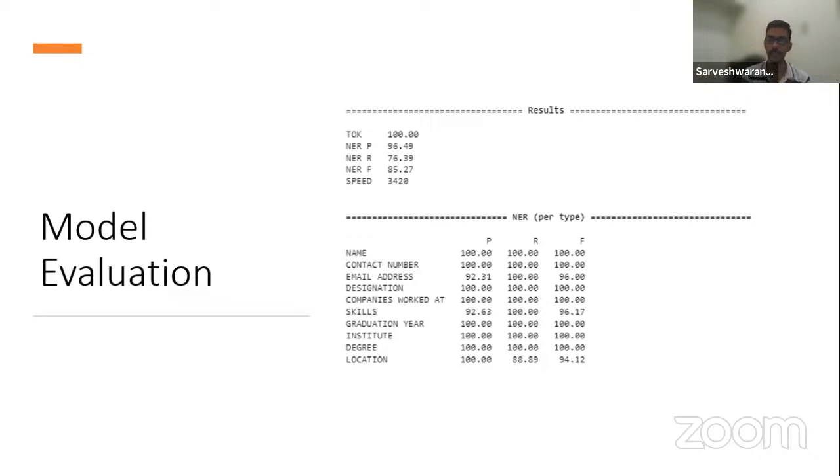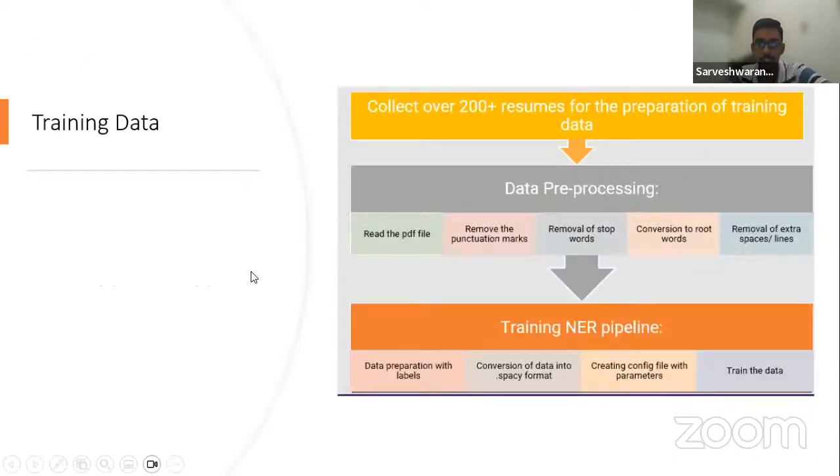Instead of picking at random, he can make an informed decision. Instead of going randomly through the 100 different resumes, go in this order, from rank 1 to rank 10. If those are not found fit, then go further down, so I'm giving a hierarchy. I'm giving a rank for my managers and the HR professionals to look at and make an informed decision. So this is one example where NER is used.